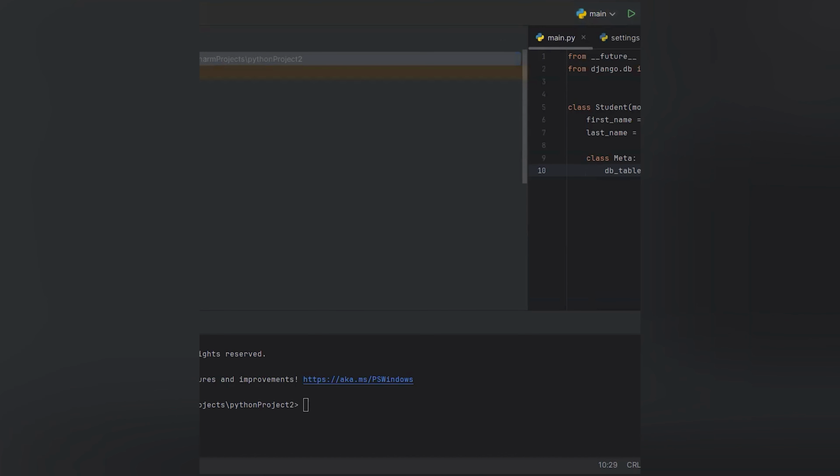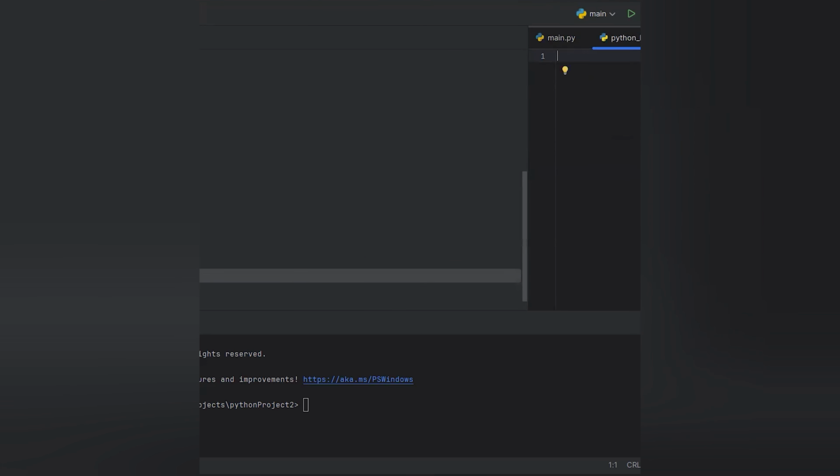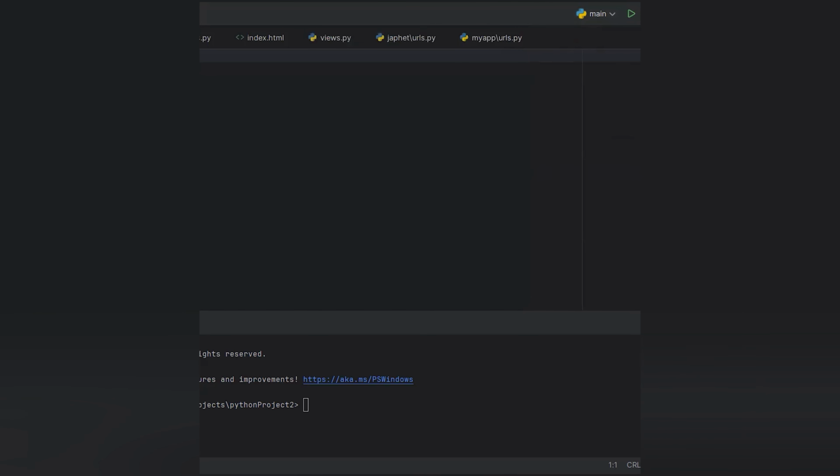I'll go ahead and create a new file. The file will be a Python file, so I'll say python underscore list. All right, so I have created my Python file. The next thing I want to do is to create my Python list. I'll just say my list, equals to,